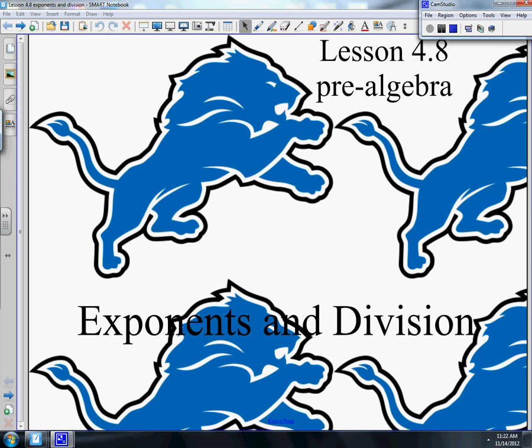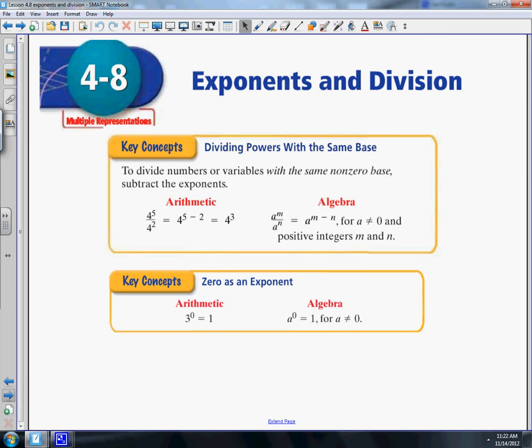Hey guys, this is 4.8 for pre-algebra. It's exponents and division. So there are some key concepts that you need to write down in your notes. Exponents and division. So this one here, if you want to write this down,